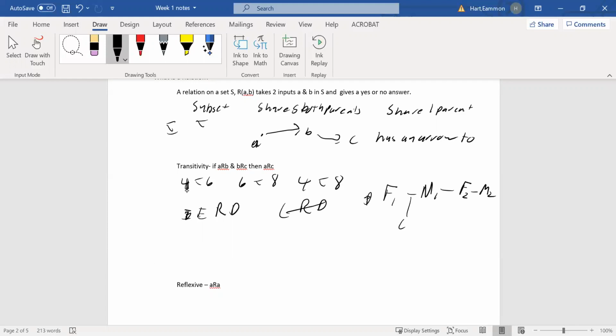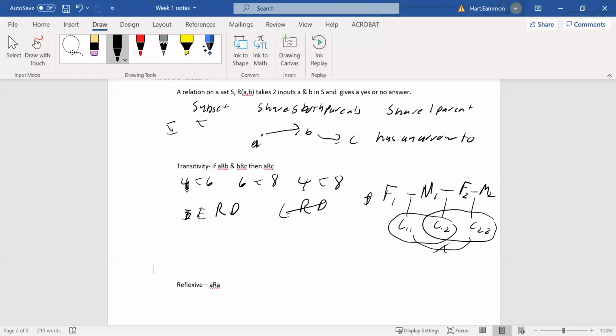So then these guys have child 1, these guys have child 1, 2, and then these guys have child 2, 2. On the relation of share one parent, we would have these guys relate and these guys relate, but these guys do not relate. So share one parent is not a transitive relation,